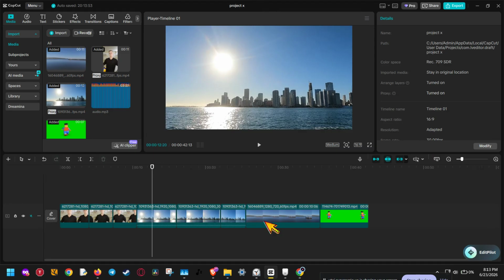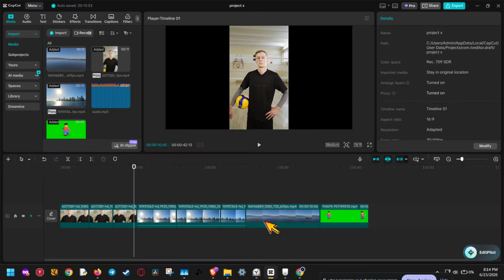A great editing habit is to zoom in a little on your timeline before making precise cuts. That makes it easier to hit the exact frame you want and avoid awkward jumps. You can also make multiple splits in a row to break one long clip into smaller sections, which gives you more control over what stays and what gets deleted. Once your clip is split, you can move sections around, delete parts you don't need, or add transitions and effects